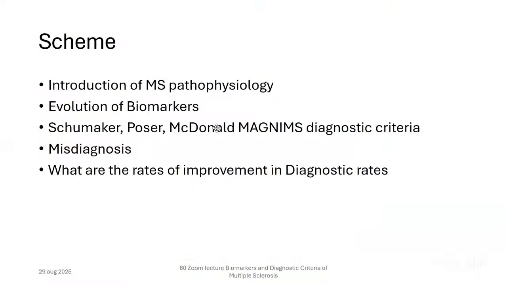So, the schema of the presentation will be: introduction of MS pathophysiology, and the evolution of biomarkers, that is neuroimaging, and the evoked potentials, the CSF studies, and the recent advances that have come, and the Schumacher, Poser, McDonald, MAGNIMS diagnostic criteria, and what are the misdiagnosis and what are the rates of improvement in diagnostic rates after applying the recent diagnostic